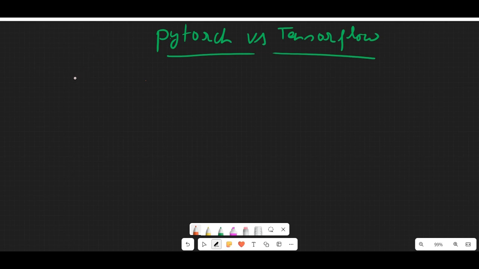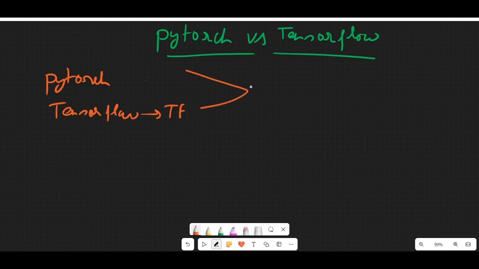So you might have heard about these terms, PyTorch and TensorFlow. In short, TensorFlow is also represented as TF. So these are machine learning frameworks. These are used to create deep learning architecture